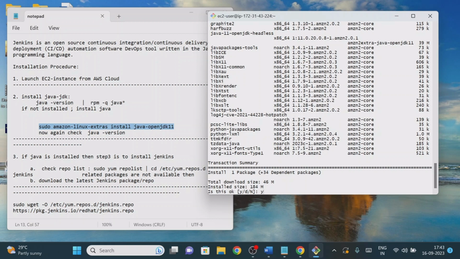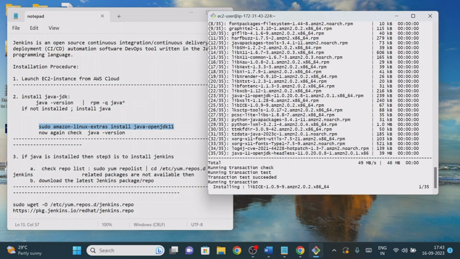So here it is asking for confirmation. These many sites, these many folders are there. Do you want to install? Like that it is asking. Just press y, then come to here.